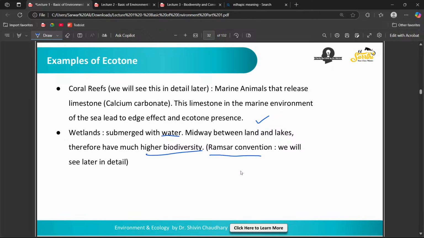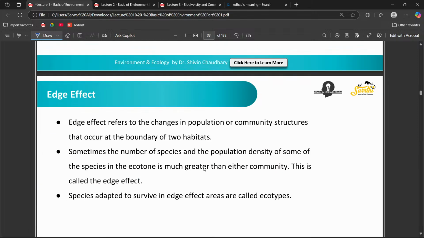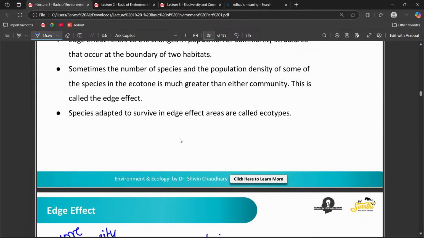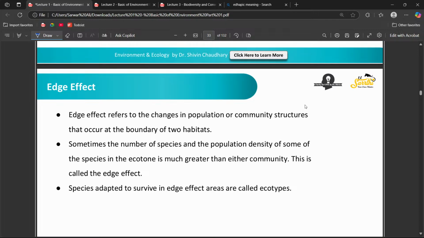Ramsar is very important. All Ramsar sites you need to know. Edge effect. What is edge effect? We read the term edge effect a lot of times. Now we'll know what it is. It refers to changes in population that occur at the boundary of two habitats. Sometimes the number of species and population density of some of the species in an ecotone is much greater than either community. This leads to edge effect, which means that species in the ecotone, sometimes some particular species, a unique species,